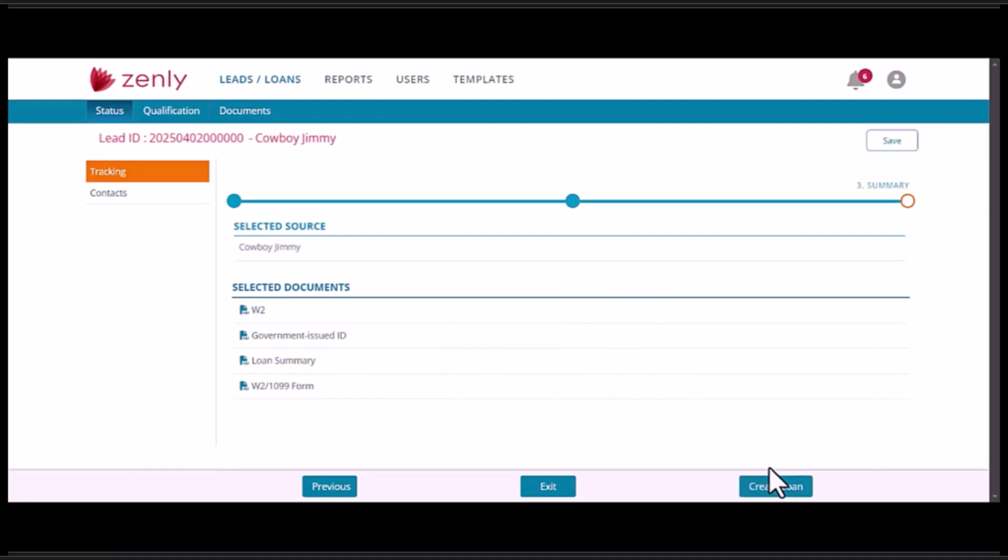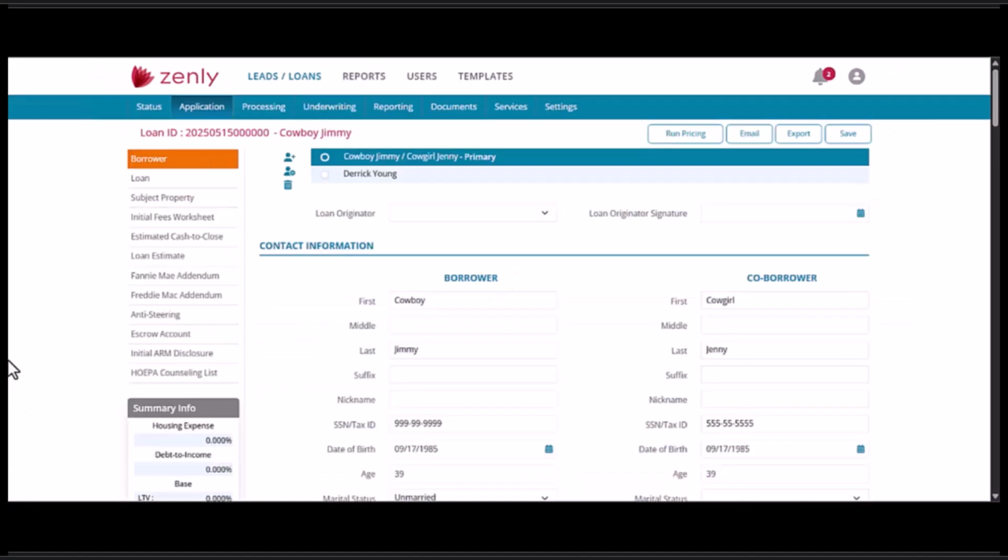On this screen, it's just confirming that this is the lead that you want to be the borrower, and these are the documents that you want to flow over to the loan file. They are, so I'm going to hit Create Loan. Once I hit Create Loan, what you'll see is that the loan file automatically opens up on the Application tab. It has brought over all that data and documents and stored it,